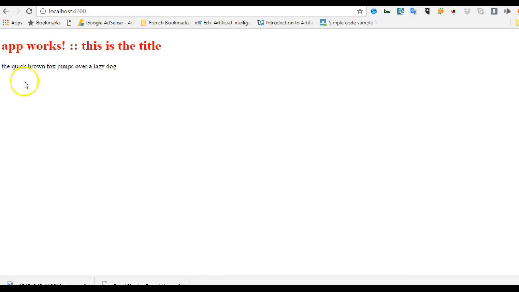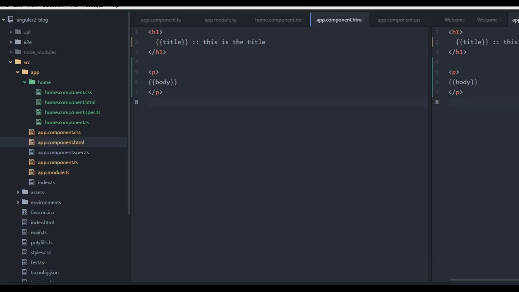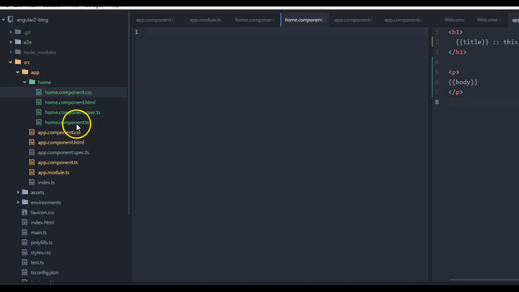Alright, so we need to insert our home, the contents of our home component. And so when we get back to our home component.html, this is the HTML content. We need to insert it inside this app component.html. Also, to insert it, we need to see which was the selector for it. So we go to home